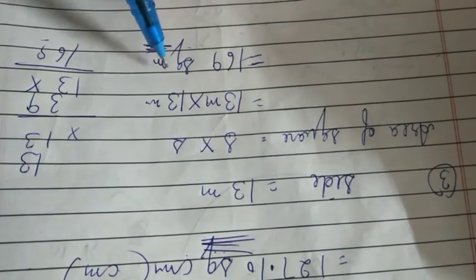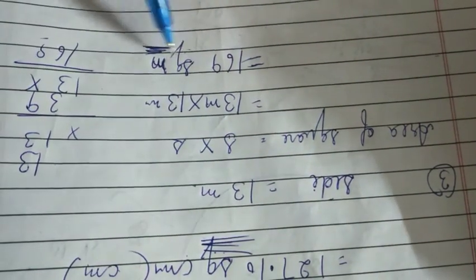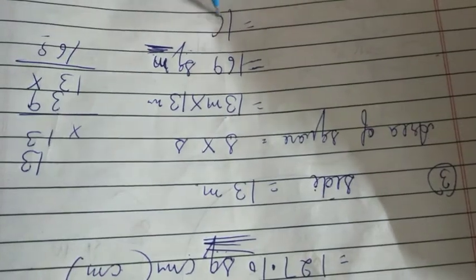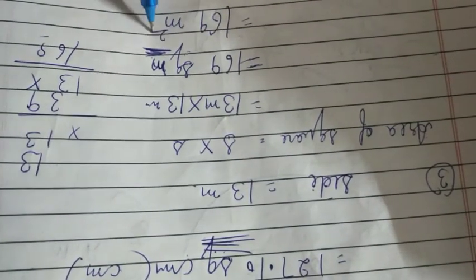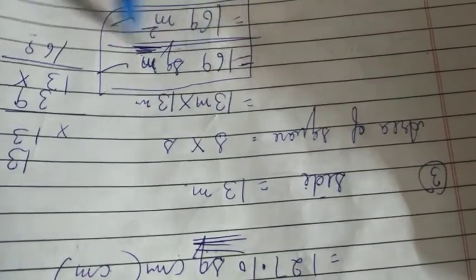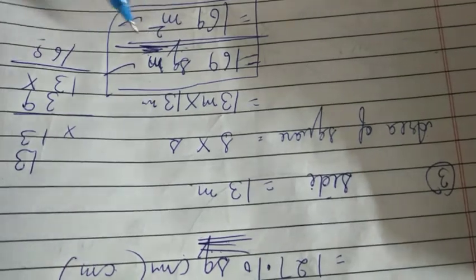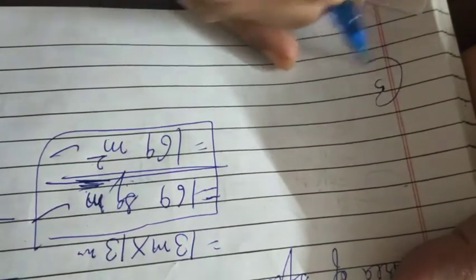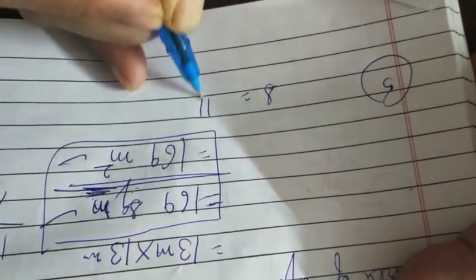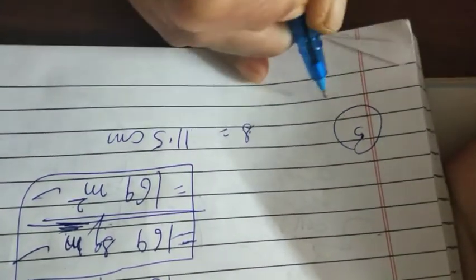यहाँ पर अब आपको सेंटीमीटर नहीं लिखना because question is in meter, so answer will be in square meter. Or how can you write 169 meter square? ये both things are same. आप इसको स्क्वायर को ऐसे भी लिख सकते हो और मीटर के ऊपर स्क्वायर का सिंबल भी बना सकते हो. ओके, आई एम एक्सप्लेनिंग वन मोर क्वेश्चन. यू हैव गिवन क्वेश्चन नंबर 5. साइड इज इक्वल टू 11.5 सेंटीमीटर.